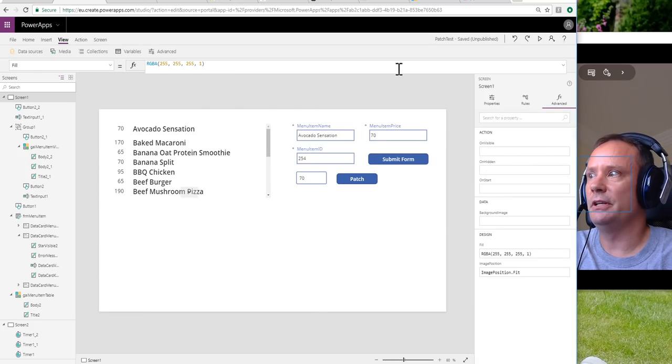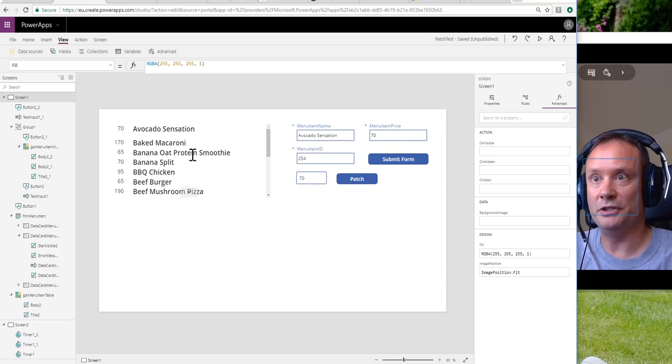So that could be something that is useful to know about if the design or the functionality of your application is that you're only likely to be changing the record that you're working on, that there aren't other users changing other records at the same time, and that you might want to see those. If that's not going to happen, if it's just you who's changing the data and you don't care about displaying updates, or you're pretty sure there aren't going to be updates by others, then you might want to make your data source non-delegable, and it will be a little bit faster